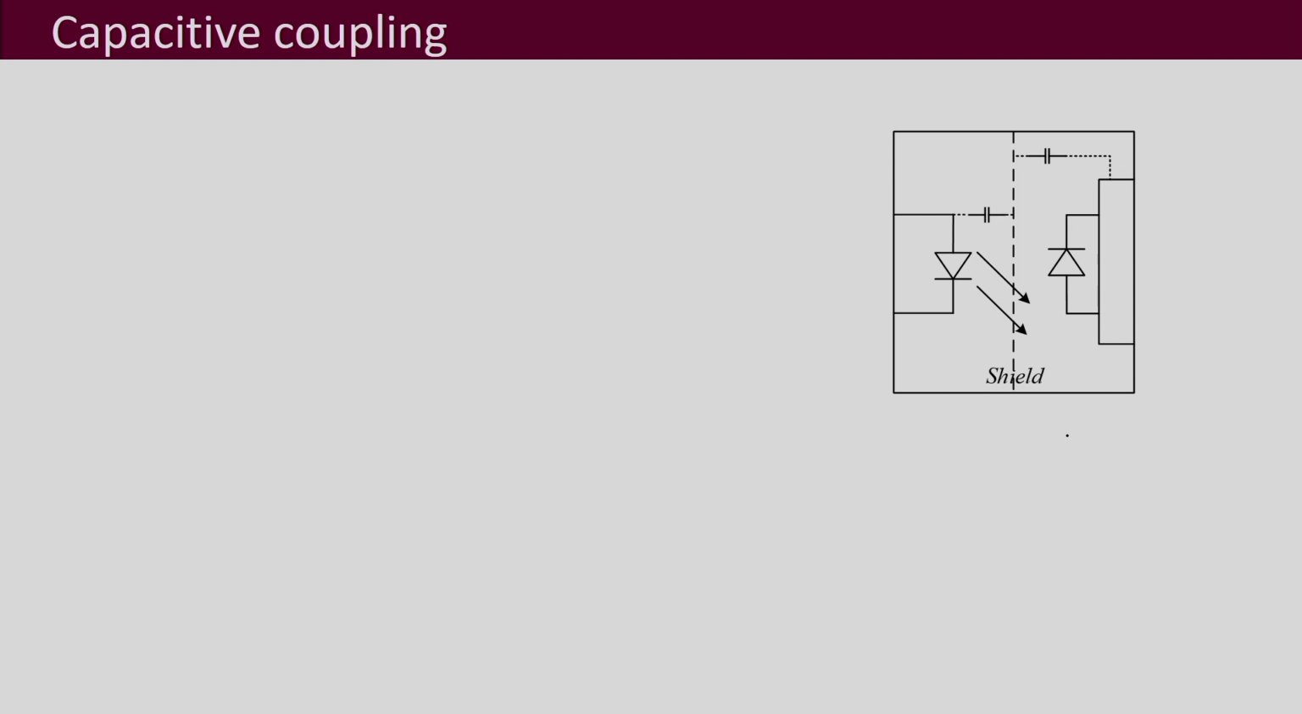Next important specification is the capacitive coupling. Between your input and output, usually there is a parasitic capacitance. Now, this capacitance between your input and output provides a path for the flow of